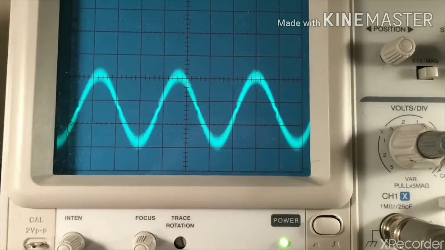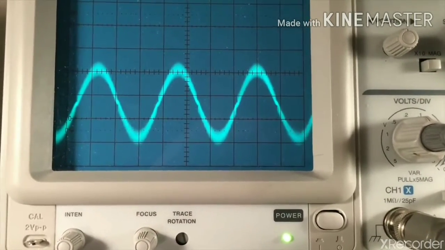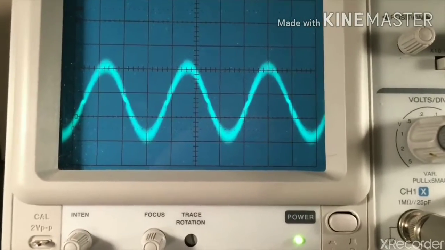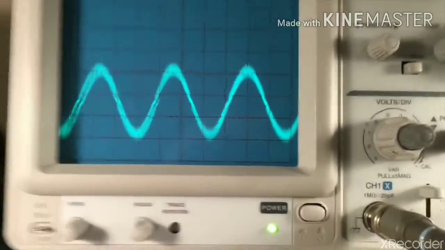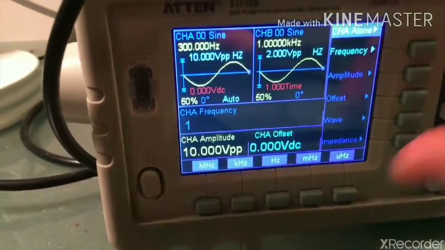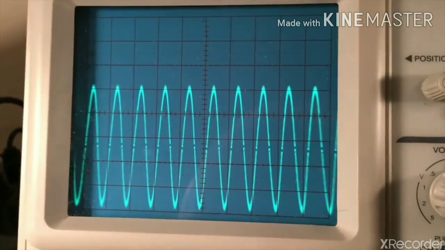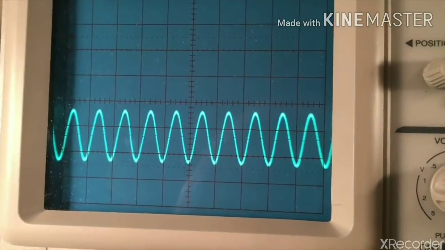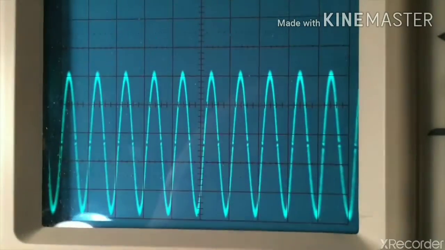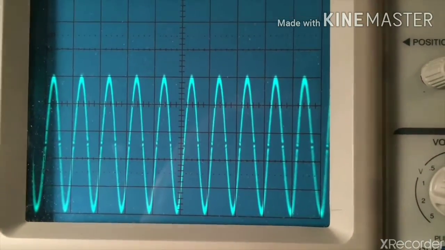Okay, so you can see, as and when you go on increasing your frequencies, see now if I increase my frequency, okay, if I make my frequency to be 1 hertz, you can just see what changes are taking place here. More number of waveforms are coming. So this is the expected output of your filter for this experiment.